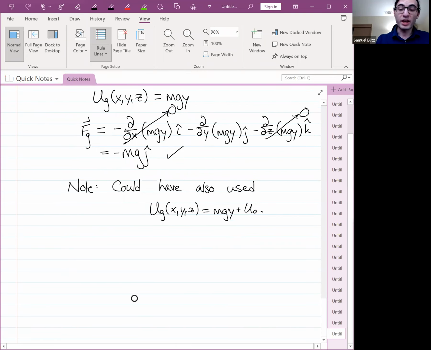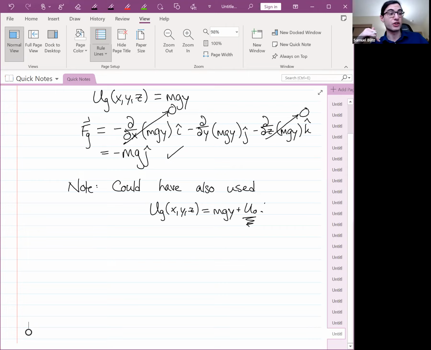So the reason why this would have worked equally well to get us the force is because the derivative of a constant is always 0. So once you start evaluating partial derivatives, this term never plays a role. It will not affect the partial derivative with respect to x because it's still 0. It will not affect the partial derivative with respect to z, because that's still 0. And the partial derivative with respect to y, well, this is just like ay plus b. And the derivative of that with respect to y is just a. It doesn't care about what b is. It doesn't care about the constant. So that's why you can always add